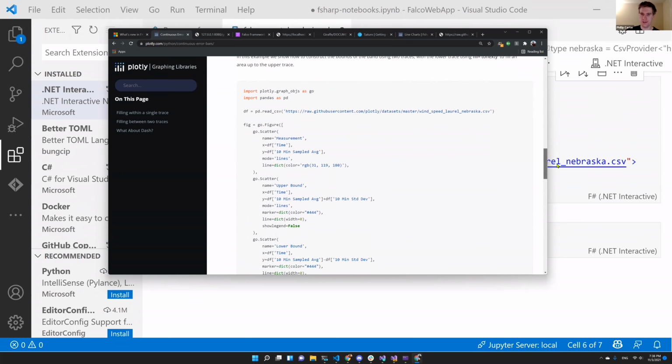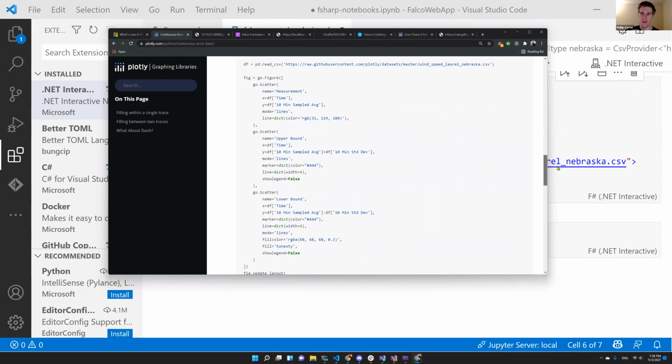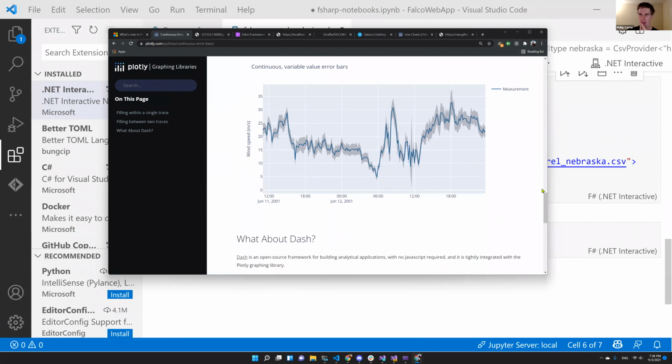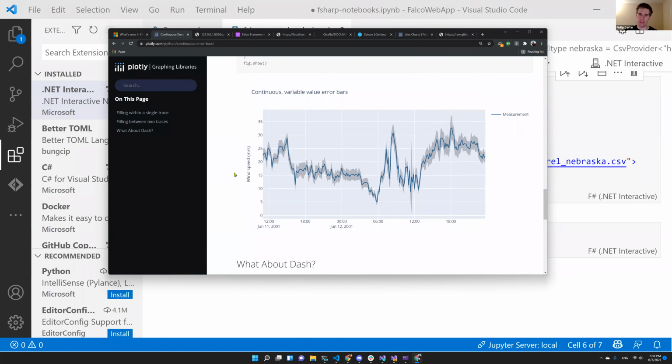There's some stuff in the great state of Nebraska that they are grabbing the data from, and then they're drawing some stuff, and they generated this graph, which is a measurement of wind speed in meters per second over time. And so there's an upper bound, a lower bound, and a measurement. I wouldn't call this the most advanced graph in the world,